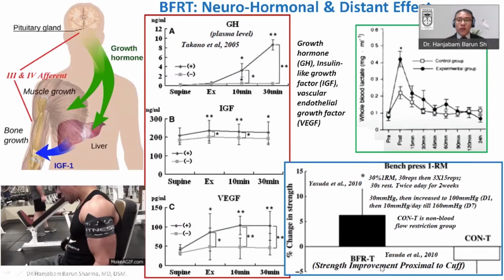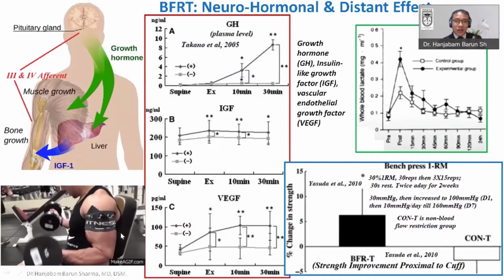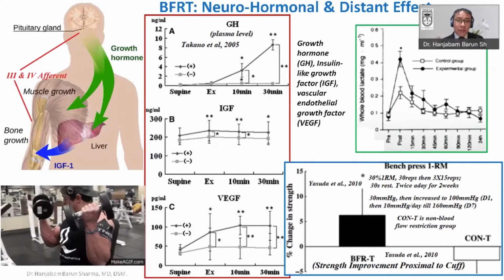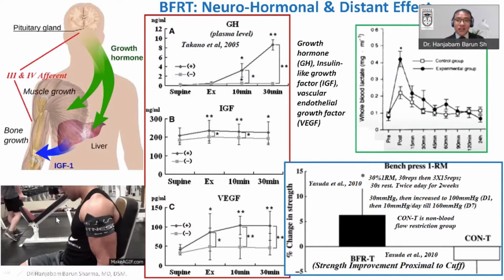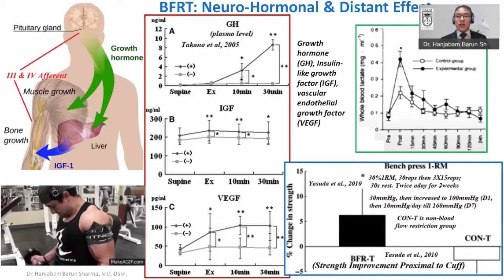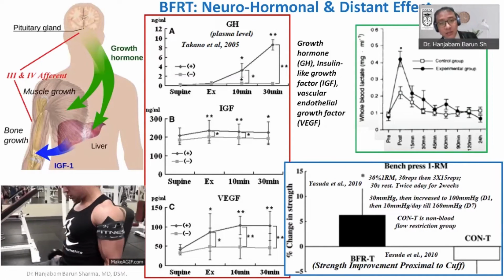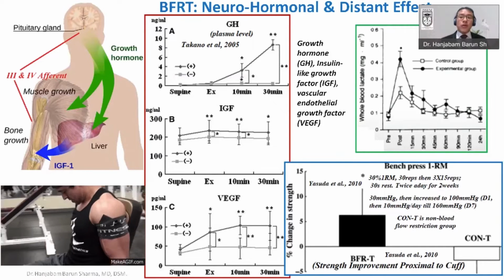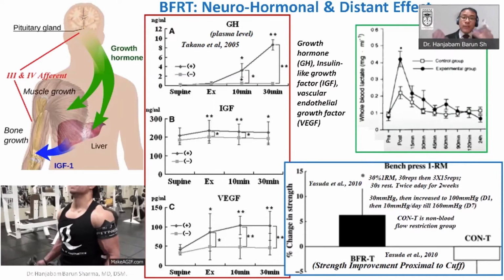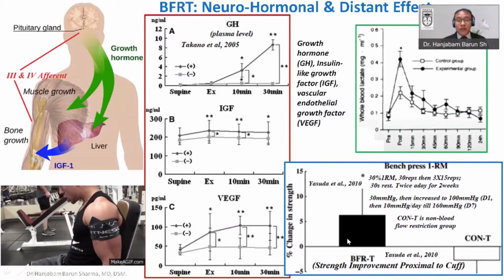That means improvement of the strength was happening proximal to the cuff, because the cuff is basically tied on the arm, directly affecting the bicep and other upper arm muscles, but you are having the beneficial effect in the proximal muscle, the pectoralis muscle also, which will ultimately lead to the improvement of bench press, because bench press has a contribution from other muscles as well, like the triceps. But in spite of that, it also has an important contribution from the pectoralis muscle and other muscles lying proximal to the occlusion point,